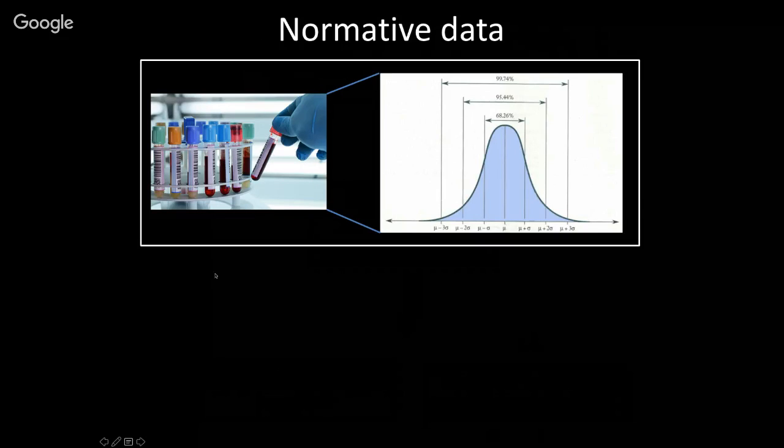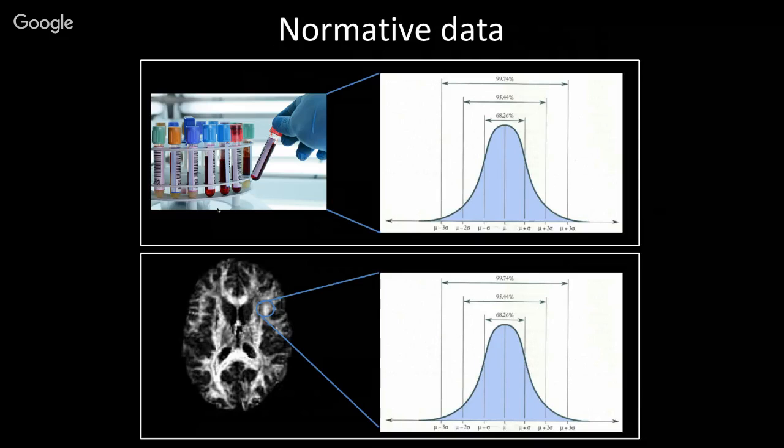And so normative data: although for many of our laboratory tests, such as hematocrit or other blood tests, or even blood pressure and other physiological measures, we have a pretty good understanding of the distribution of those normal values within a population, that really is less so for imaging. There really is quite little population-based information for what neuroimaging is supposed to look like quantitatively across the population, and how these values may vary based upon a number of different variables.